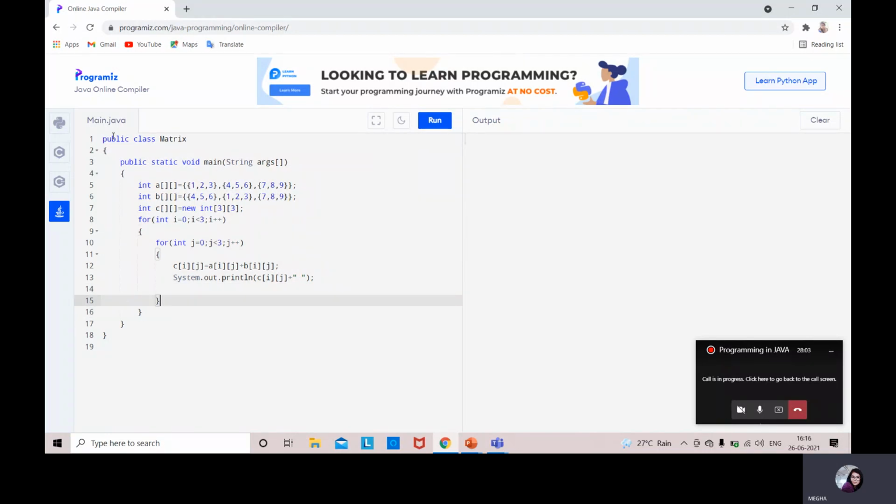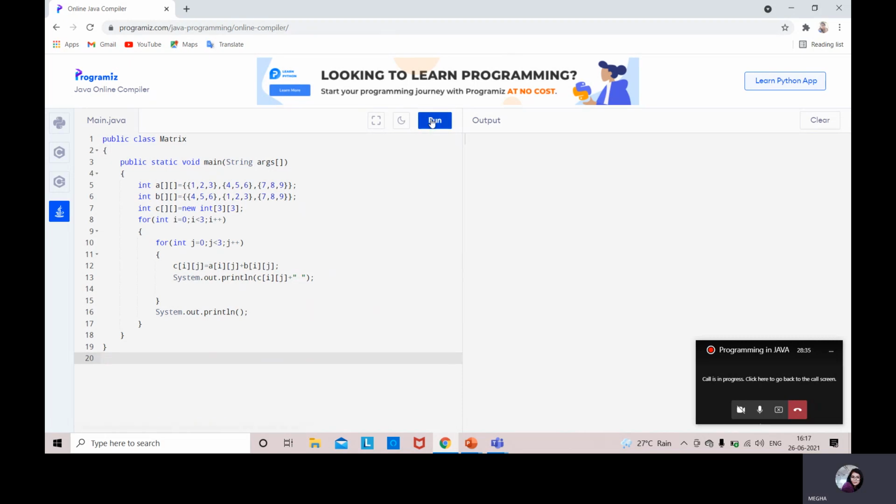After finishing this for loop of columns, we need another System.out.println. This is only for the purpose of having a gap between the rows, or else it will be clumsy to see.